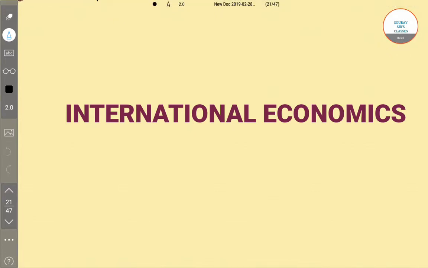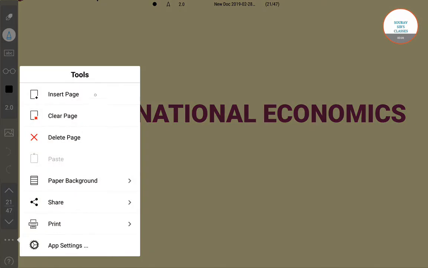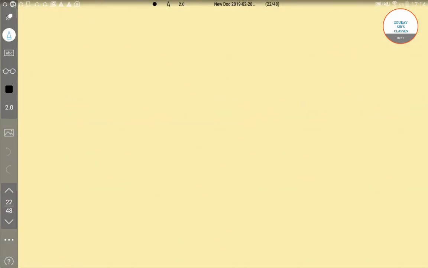This is Himanshu. So in today's lecture, we will be talking about a topic from international economics. For this, allow me to take another page. I will first write down the question. This is going to be question number 2. It is given, do you agree with the view that